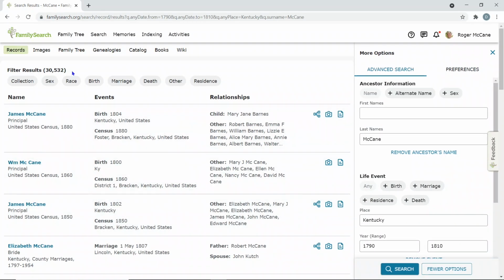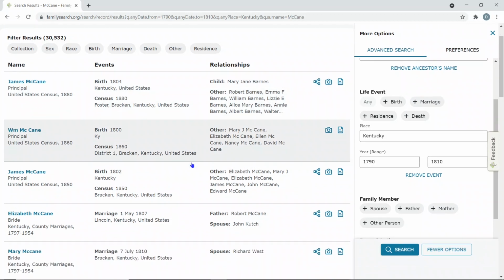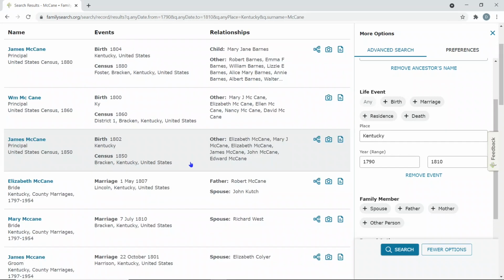And the way the screen comes up now is a lot different than what it did before. It may have always come up for you this way, but for me as a researcher, October 2021, it comes up this way. And I searched the name McCain only. I searched for Kentucky, and I gave a date range. Even with that said, it still comes up with census records from 1880. It just happens to be referencing the fact that they were in Kentucky in 1804. But the purpose of this video is related to an error that I found literally today as I was doing this search. I typed in that date range,